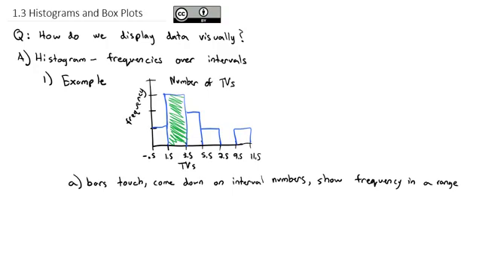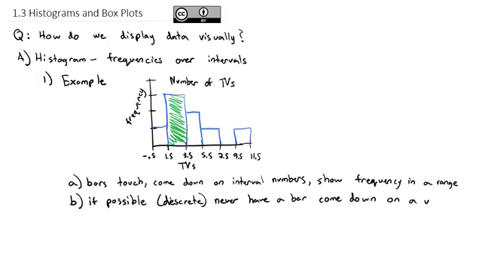Between 1.5 and 3.5 are the numbers 2 and 3. So the numbers 2 and 3 all went into that bar. Now, it's impossible to have 1.5 or 3.5 TVs. And that's what brings up the second point here, point B. If possible, and it's usually easiest with discrete data, never have a bar come down